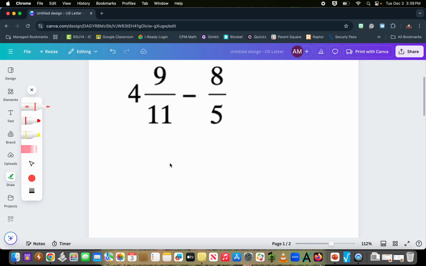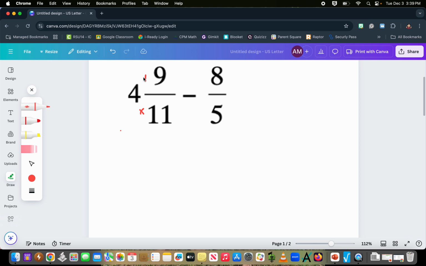Today's video is on subtracting fractions, and we're going to do this in two ways. The first way is converting our mixed numbers into improper fractions and subtracting, and then we're going to look at what it means to borrow from a whole number. So if we start with converting mixed numbers to improper fractions, we're going to first multiply here